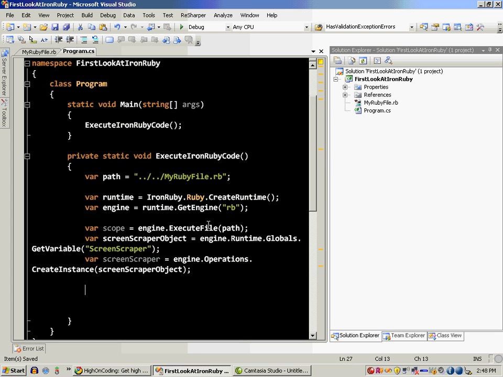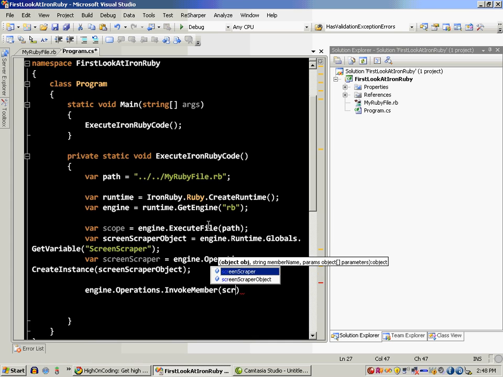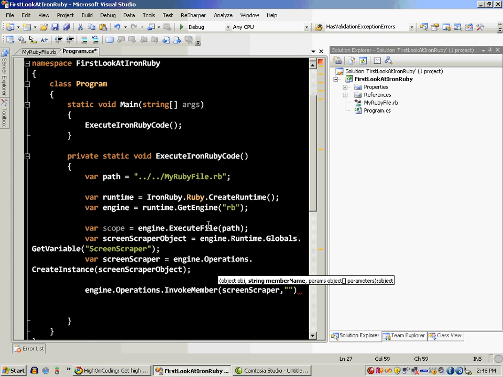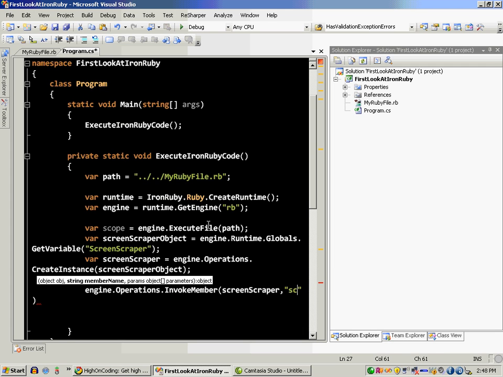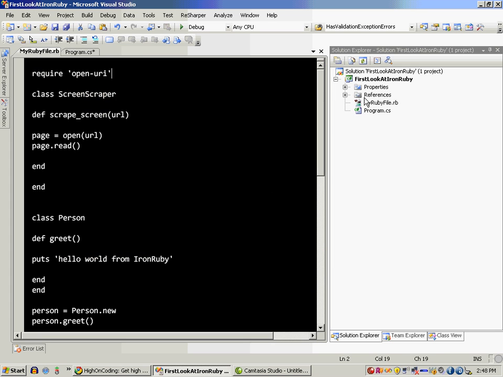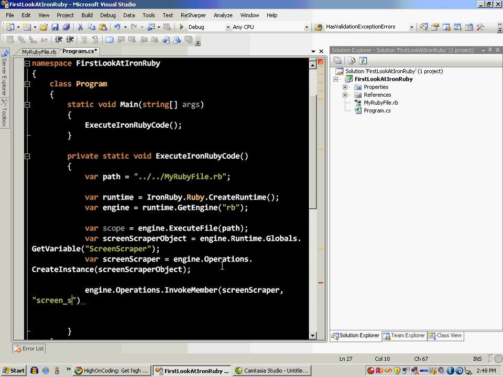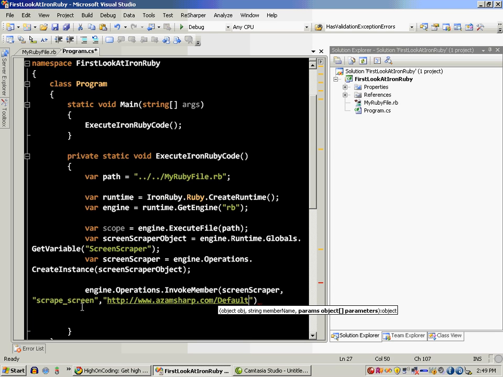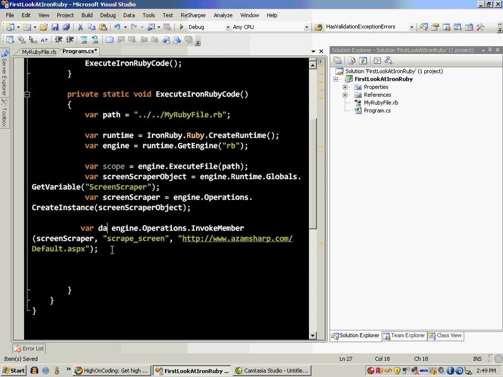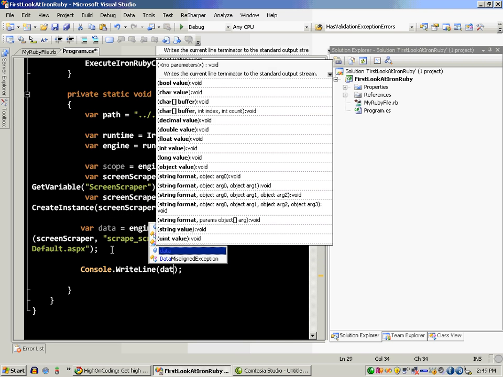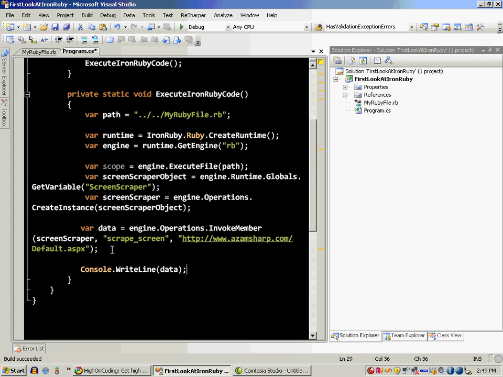Once we have the object, the last thing to do is to fire the function. So Operations.InvokeMember, and now I can invoke the member. I can say screenScraper, comma, and the member name. So what method name do I need to execute over here, which is screen scrape, or is it scrape screen, something like that. So it's scrape_screen. So I'm going to copy it over here. Any URL that I need to pass, I do need to pass URLs, which is my blog azamsharp.com and default page. So this will actually execute it. It's going to also return me some data, because when it scrapes the screen, it's going to return me the HTML, and I'm just going to display the HTML over here. Okay, let's run this,